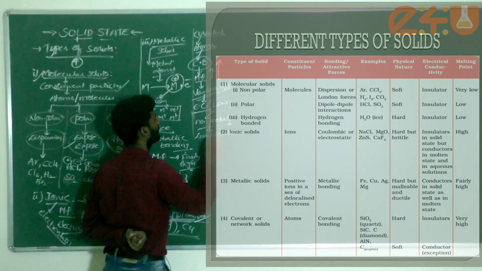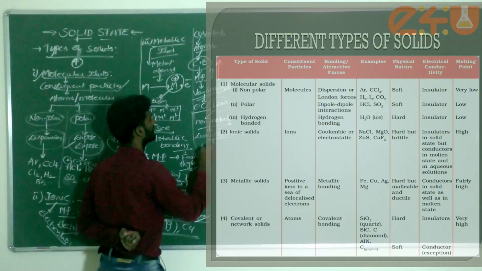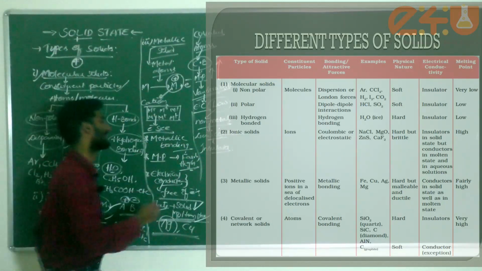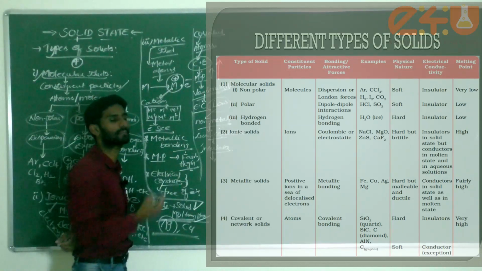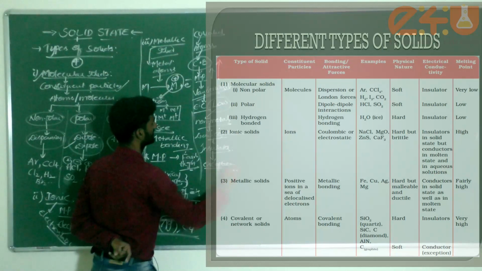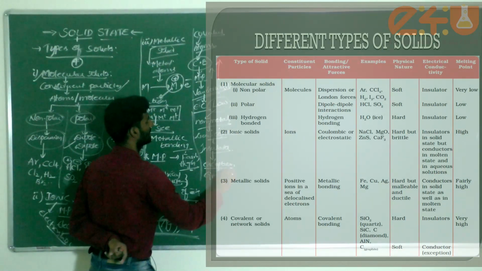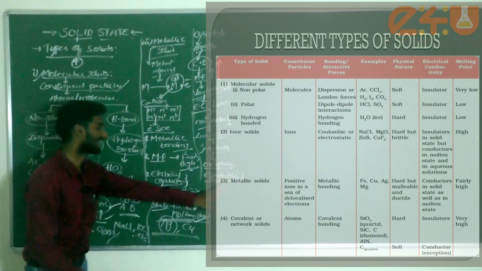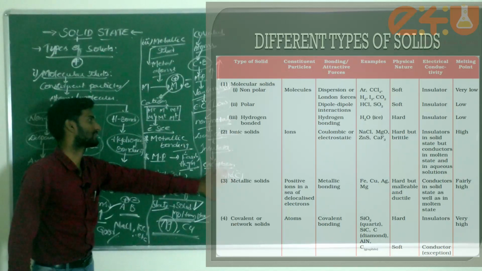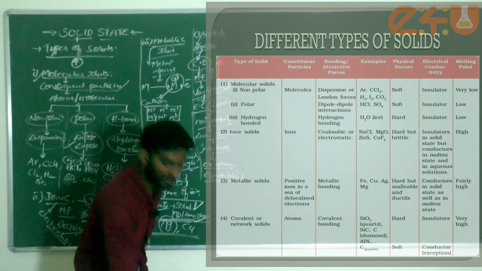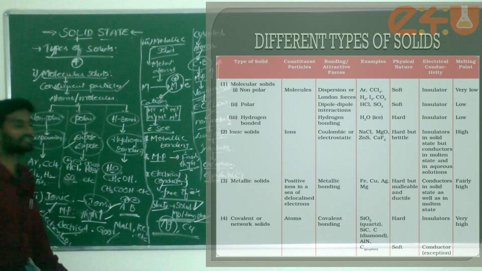Sometimes we can mention insulators also. Am I correct or not? But do all covalent compounds come under insulators or bad conductors? No, there is an exception. In every case there is some exception. For example, graphite is a very good conductor of electricity. It is the allotropic form of carbon. Graphite is a very good conductor of electricity. This is an exception in covalent solids. This is about the types of solids, dear students. Next we can continue. Please note down, dear students.